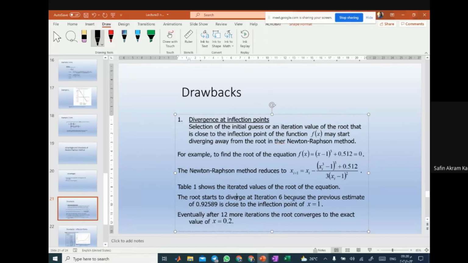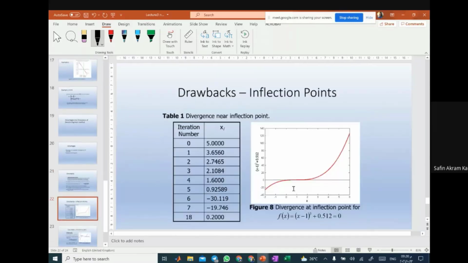It diverges at iteration 6 because the previous estimate of 0.92 is close to the inflection point of x equal to 1. Eventually, after 12 more iterations, the root converges to the exact value of x equal to